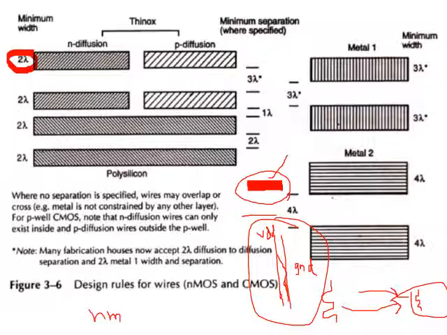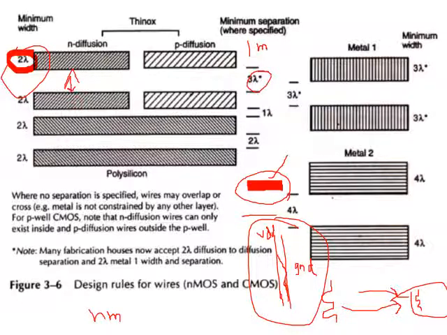Therefore, we follow some set of rules to make the design very standard. Say for example, what should be the thickness of the diffusion layer? Universally it is chosen, it should be 2 lambda. And what should be the distance between these two? It is chosen as 3 lambda. So p diffusion to p diffusion, if we are drawing two p diffusions, then the minimum distance between them should be 3 lambda. Say if lambda is 1 micrometer,